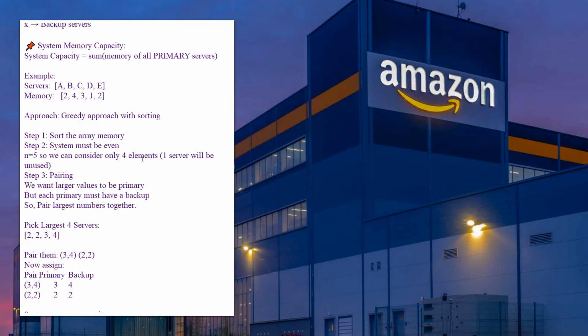They mention the system must have an even number of servers, but the number of array elements is 5, so we need to consider only 4 elements. We can remove the one memory element which is the smallest, so one server will be unused. Step 3 is to pair those elements. We want the larger values to be the primary, and each primary value should have a backup. So you need to form the pairs,